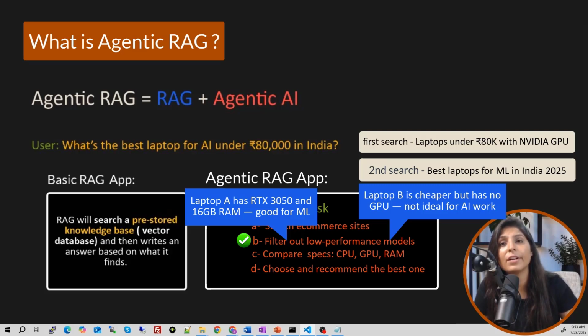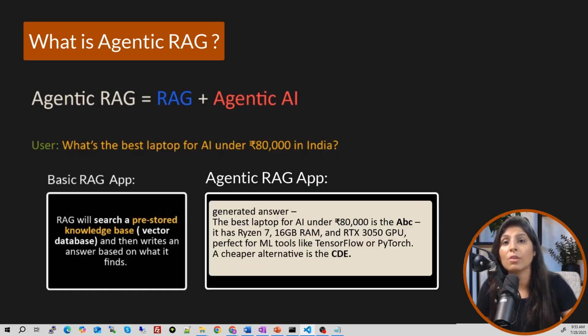It will filter out weak options and pick the best option based on reasoning. So here the agent is thinking and reasoning. First it planned, and then it performed thinking and reasoning. And finally, it will generate the answer: the best laptop for AI under 80,000 is this, and it has these specifications.